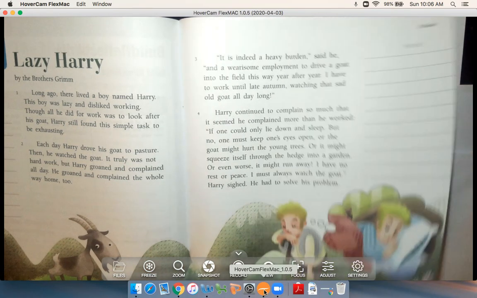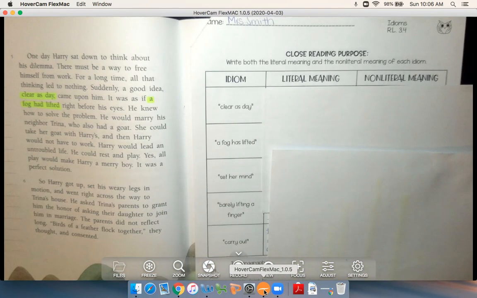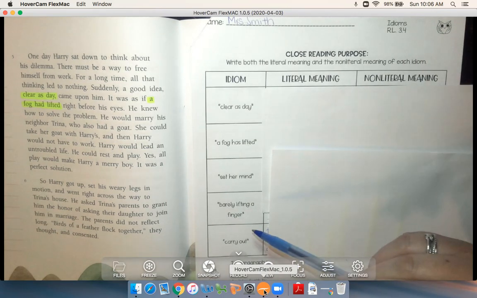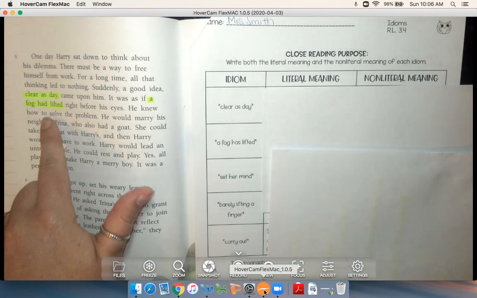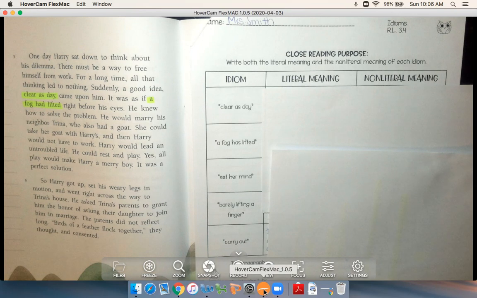Today we're focusing on just paragraphs 5 through 10 to complete the idioms here. You can see that I've already started to highlight a couple of them in the passage so that I can find them easily. You might want to go ahead and highlight the ones that you can see now, but don't worry, there's more. Okay, so again, we're going to go through each of these idioms and we're going to write